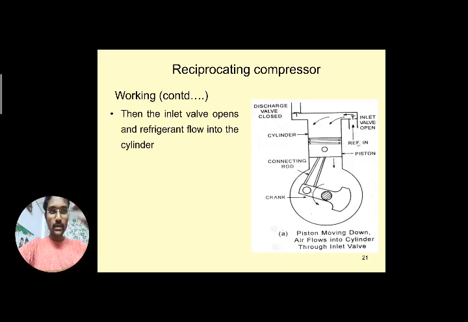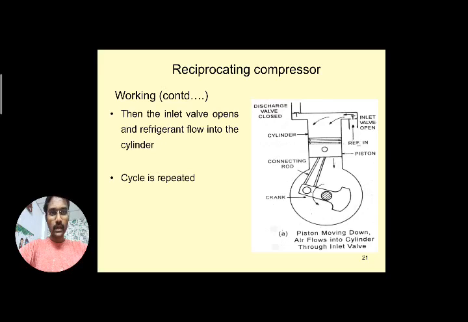Due to lower than atmospheric pressure, the inlet valve opens and the refrigerant flows into the cylinder. Again the cycle is repeated again and again. Here the crank rotation takes place 180 degrees and 180 degrees. Due to this rotation, the strokes, suction and compression, take place here in the compressor part. So this is how the refrigerant is entering and how the refrigerant is delivering, at one inlet and